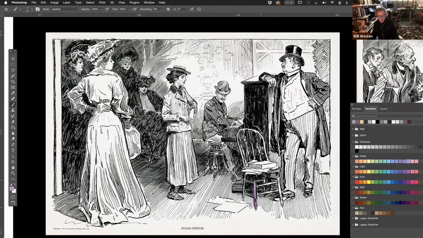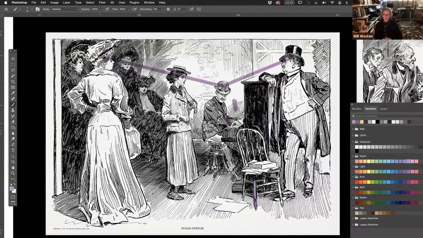Okay, so you'll notice that the chair is in front of the piano, and the piano is in front of the guy playing the piano, and the guy playing the piano is in front of the background. Those are overlaps creating depth. Now, he doesn't have to worry about creating a stage because his actors aren't going to walk around. They're just going to be where he wants them to be because this is a static picture. But overlaps create depth.